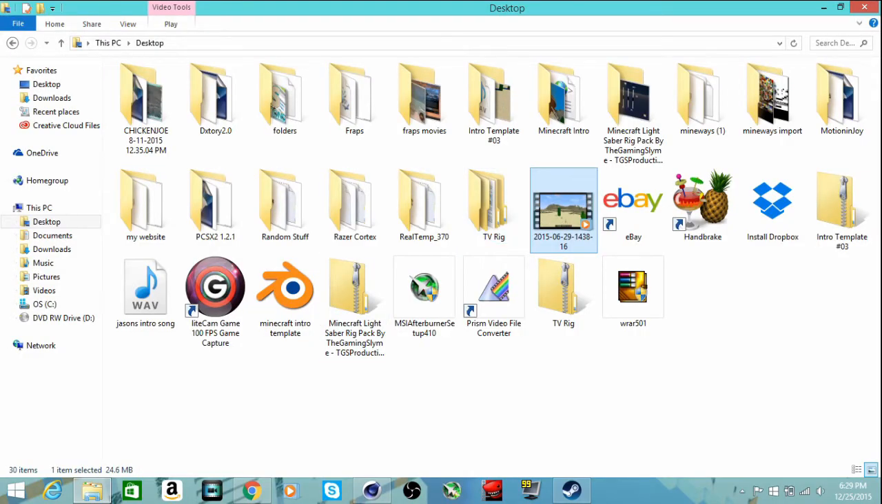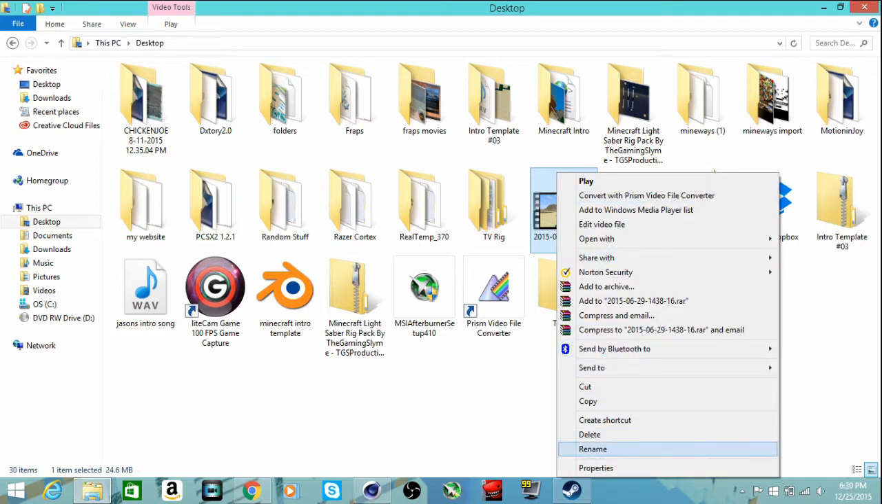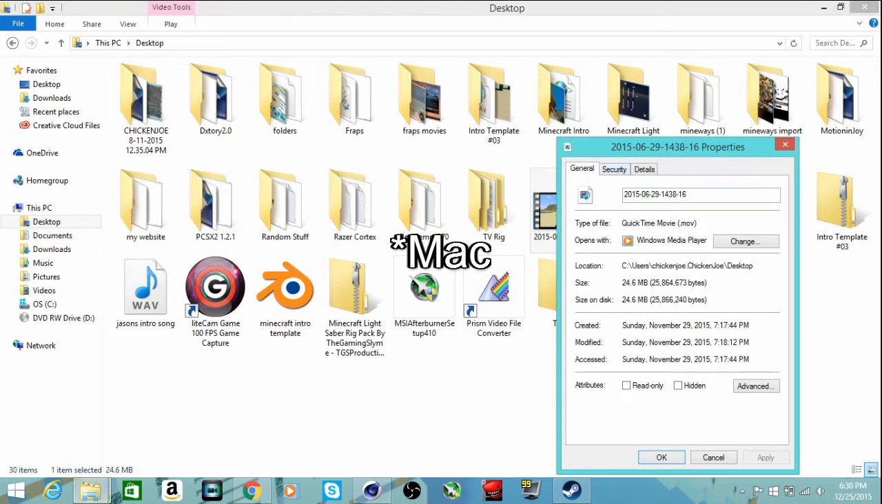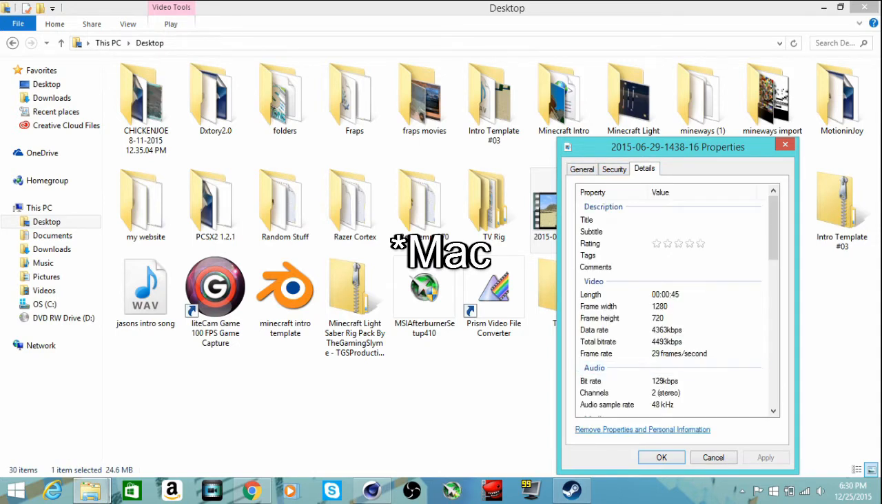So say for instance, this is my video right here, and you want to see the size, so you want to right click and go to properties, or if you're on Windows, I'm not actually sure how you get to your properties, but you just want to see what the size is. My frame width is 1280 by 720. So what I'm going to do is